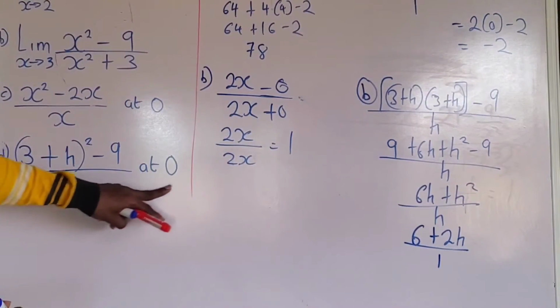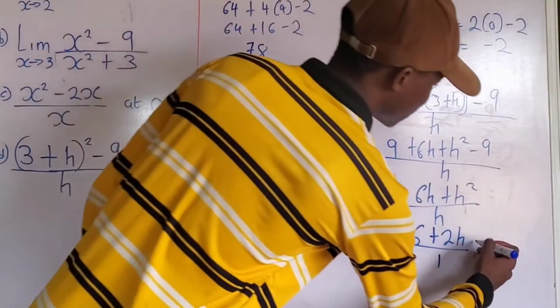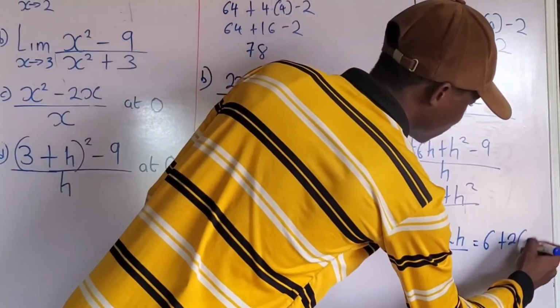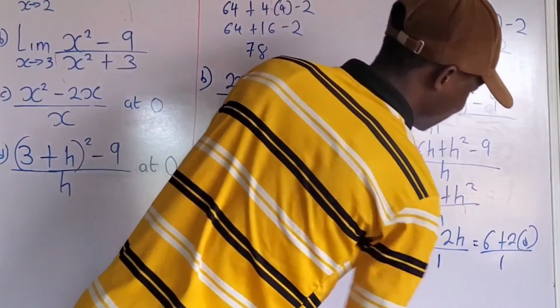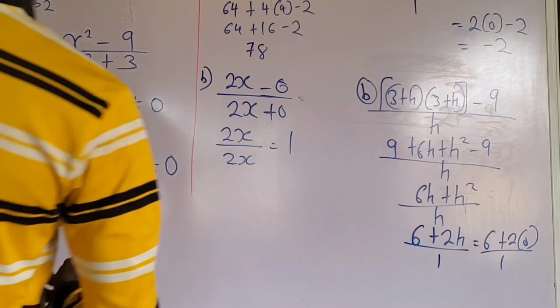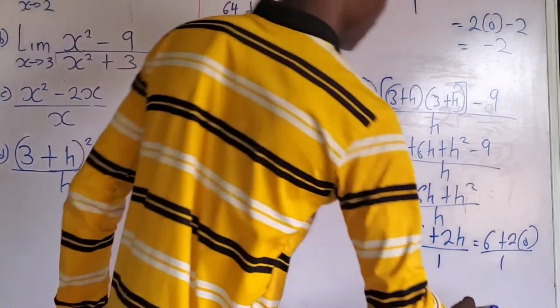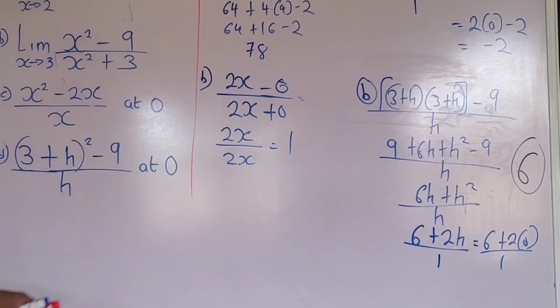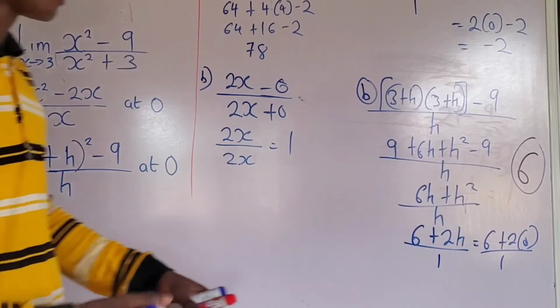If you substitute the value of h as 0, you're going to have 6 plus 2 times 0 all over 1. 2 times 0 is 0. Then 6 over 1 will be 6. Hence, the limit of the function at h equals to 0, the final answer will be 6, okay? Now, when we use L'Hospital rule, what do we get? We got 6 as our final answer. Now, I want us to use